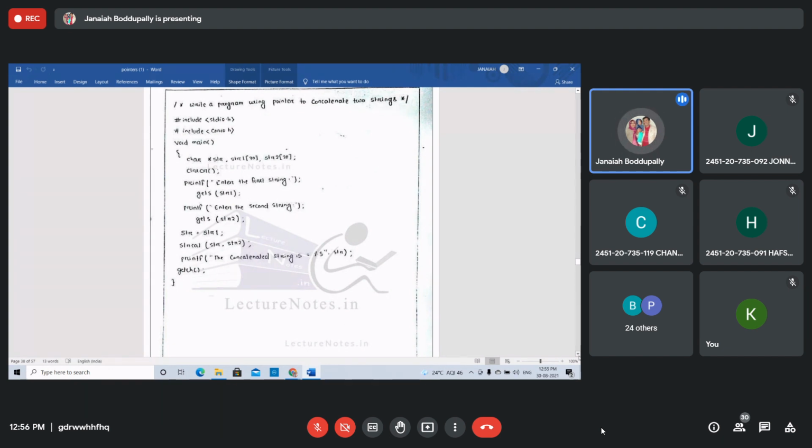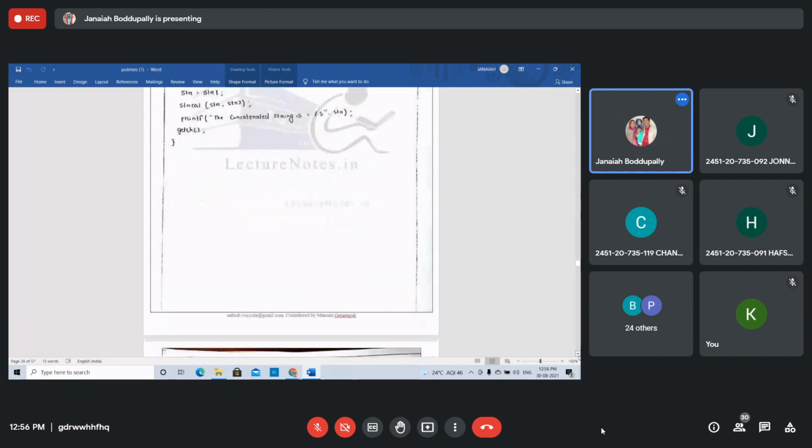So printf the concatenated string is %s, str. That will be displayed. Try to understand, students.